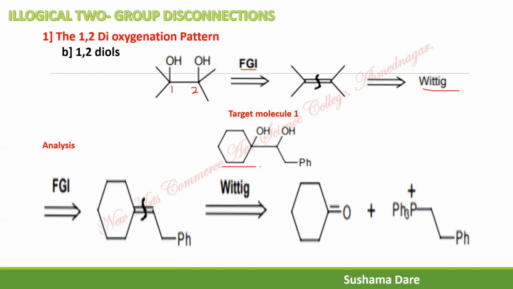Now this is the new target molecule. So again the relation over here is 1,2-diol. So whenever a 1,2-diol is there, you go for FGI. Instead of this, you write down the double bond there. So after putting the double bond, now it is outside the ring. So go with the Wittig reaction. In the Wittig reaction, on one side you have to write down the PPh3. So you disconnect this bond, and on one side you write the oxygen and on the other side the PPh3. So the question arises, where to write down oxygen and where to write down the PPh3.